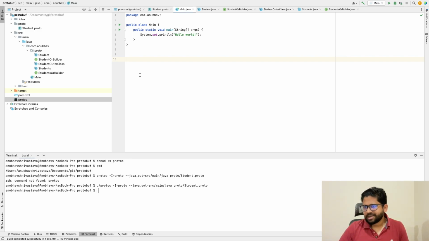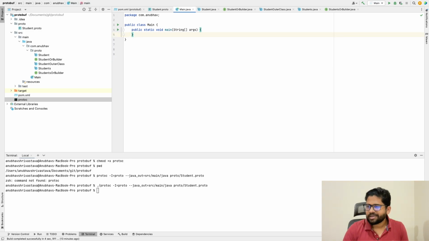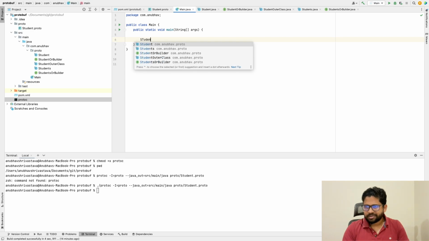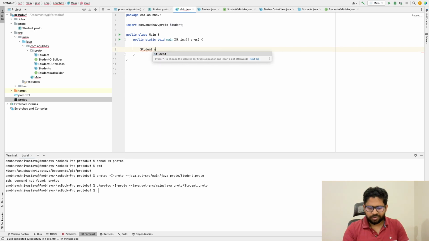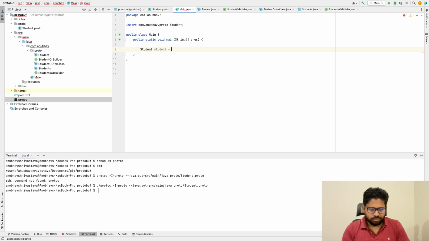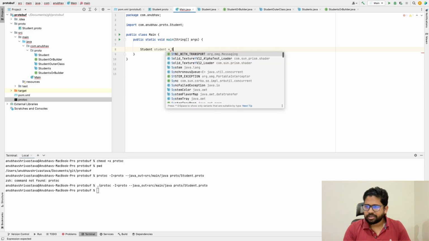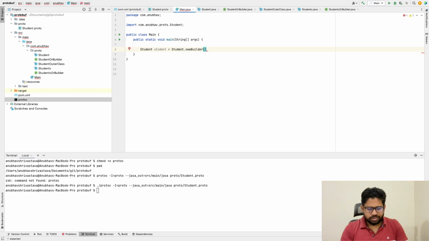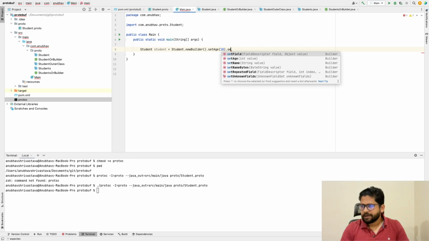Let's create some objects and see how they look. All right, so we can write student is equal to Student.newBuilder().setAge(10).setName("Anubhav")